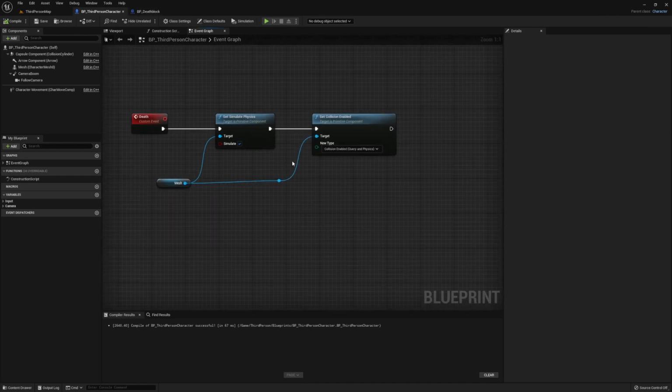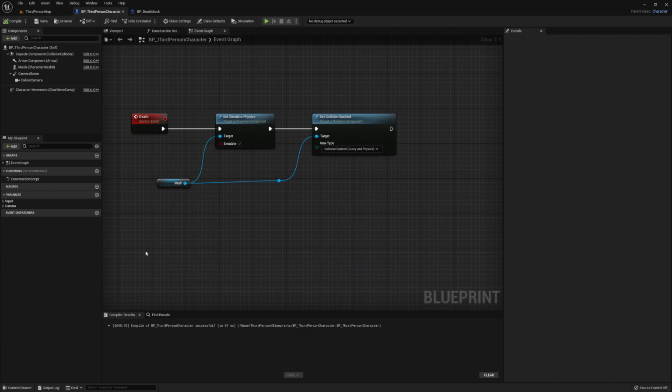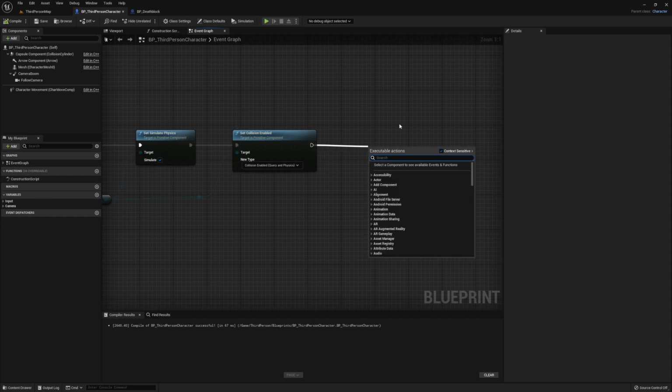So after we're done with this, first compile and save. So after the collision is enabled, we have to do